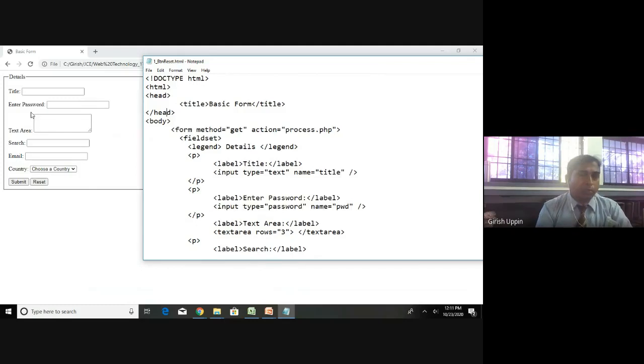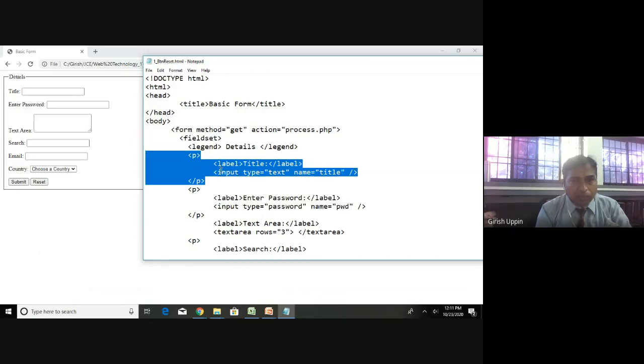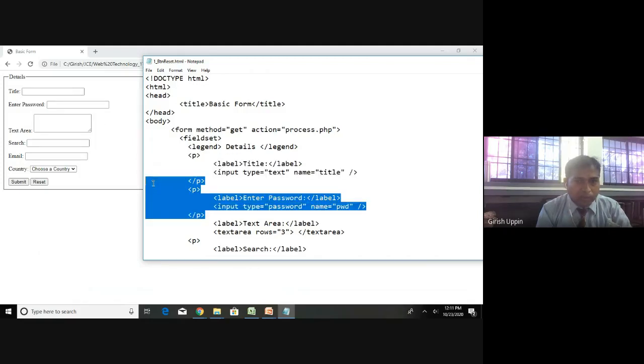If you remember earlier, for demonstration purposes, we included controls which take a text, a password, a text area, search, email, and a select list. The first one is for the input text. This is for the password.